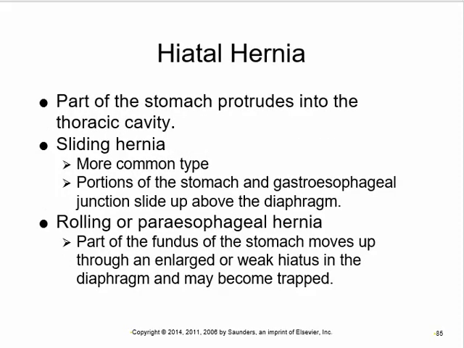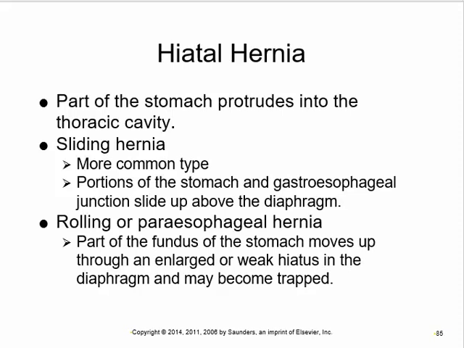Okay. Hiatus hernia, very, very, very common thing. And this is where normally the esophagus passes through the diaphragm, through the esophageal hiatus. And the diaphragm is a muscle that surrounds that. The stomach is right below, in the abdomen; the esophagus is in the thorax. If that opening, that hiatus, rips, it's now going to be called a hiatal hernia. And what can happen is, especially if there's any pressure on the abdomen, the stomach will push up and protrude through that hole.